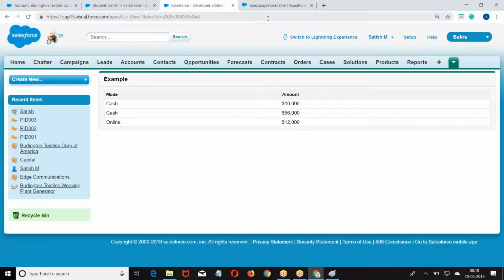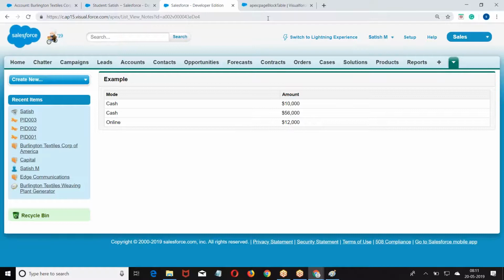Got it? Right? So what I'm doing is, if I give a particular record, I can display the corresponding child records. If you give me the ID of the parent record, I can display the corresponding child records. No need to write a SQL query also. When two objects are connected by lookup or master detail, if you know the ID of the parent record, we can fetch the corresponding child records and display them. Have you got the point?